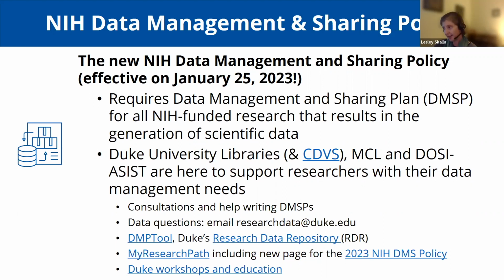So the Duke University Libraries and the Medical Center Library and the Duke Office of Scientific Integrity, specifically ASSIST, we're all working together to help support researchers with their data management needs, and specifically meeting this new policy. And so I just have some information here. We do a lot, and I want to point out that this is mainly the Duke University Libraries' Center for Data and Visualization Science. Their center has most of the resources and the data management consultants that can help you through this process. But in general, we are all here to help